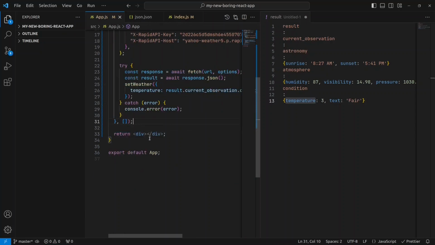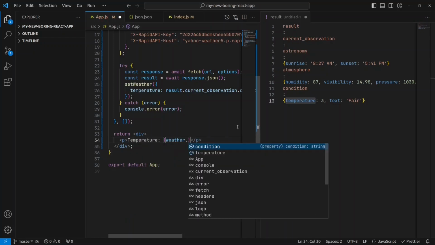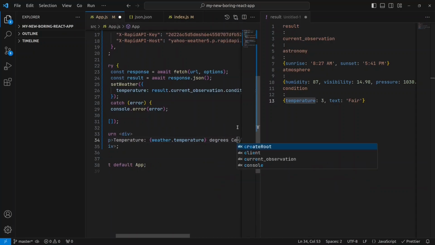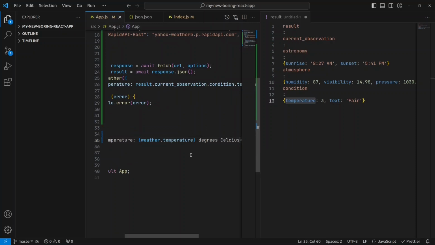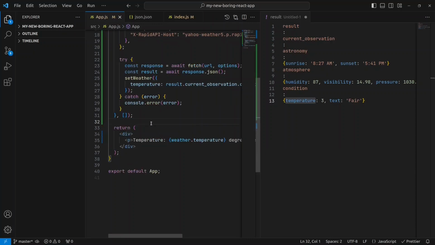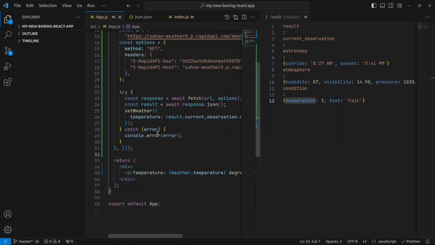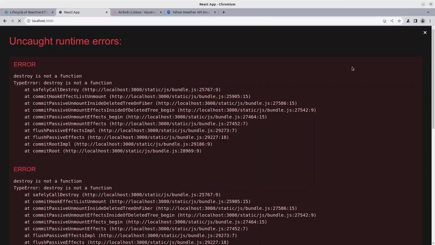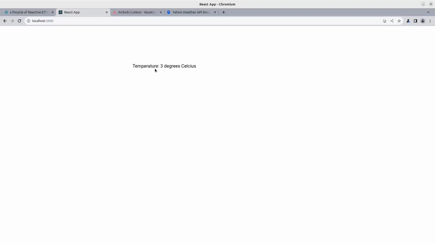And then inside here, we are going to write temperature, and then I'm just going to use weather.temperature degrees Celsius. I'm just lazy to look up how to put the degrees symbol, so I'll just do it like this. And if we go back here and refresh the page, you can see we get